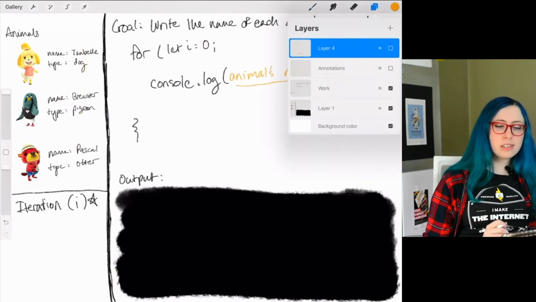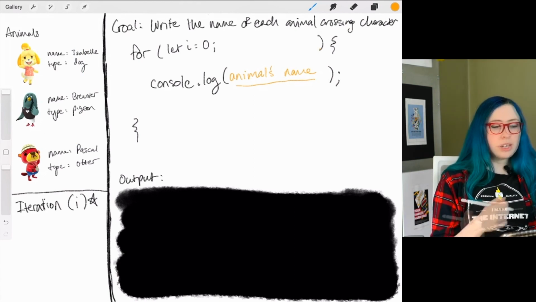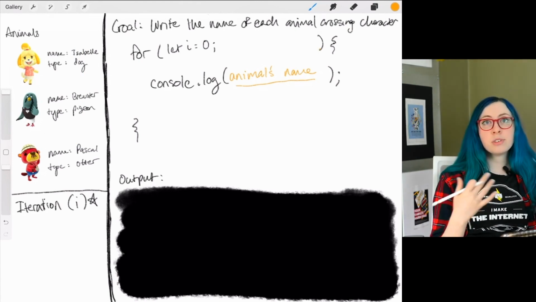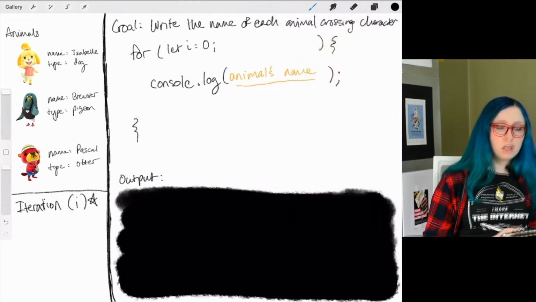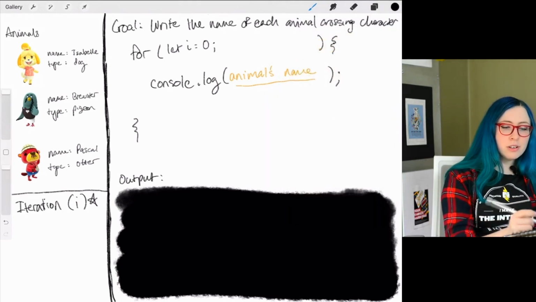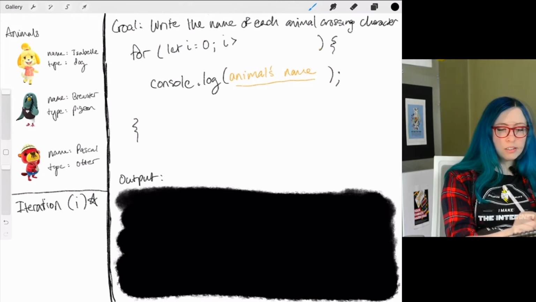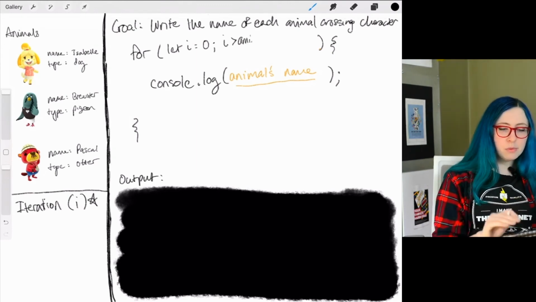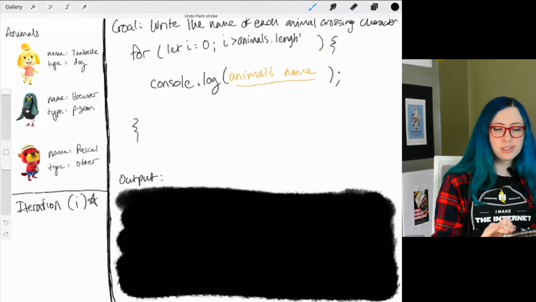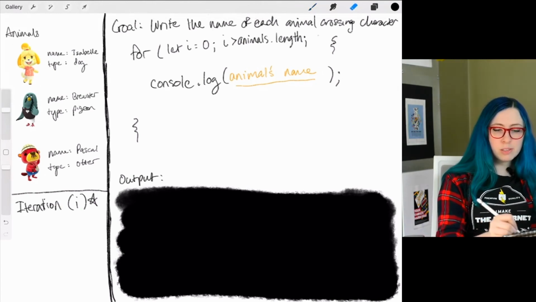Well, the way to do this is to ask animals here, how many animals are there? The way that you do that with an object or an array in JavaScript is generally called .length. So for let i = 0, we want this to stop when i is less than the total amount of animals. So that's going to be animals.length. Let me just neaten up my writing there. Length, semicolon each time, and we're going to move this over just for a second because we're not quite done here.